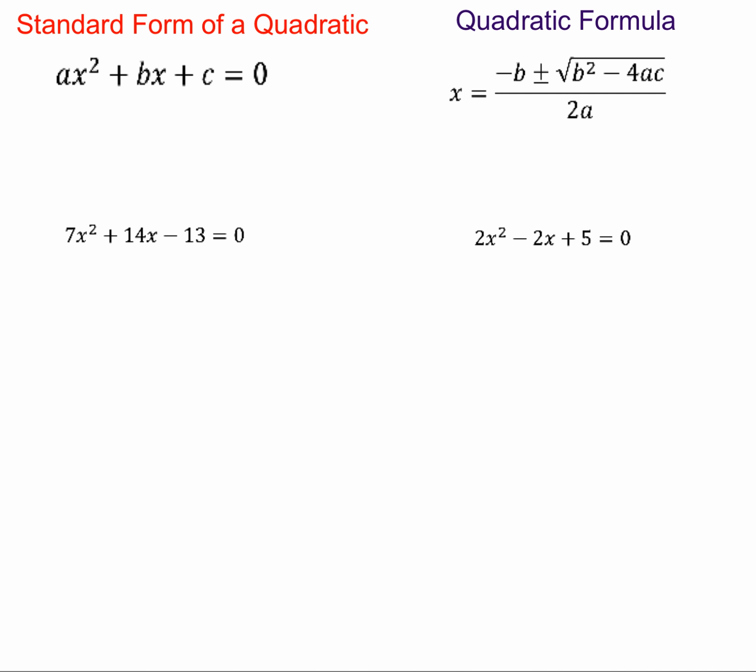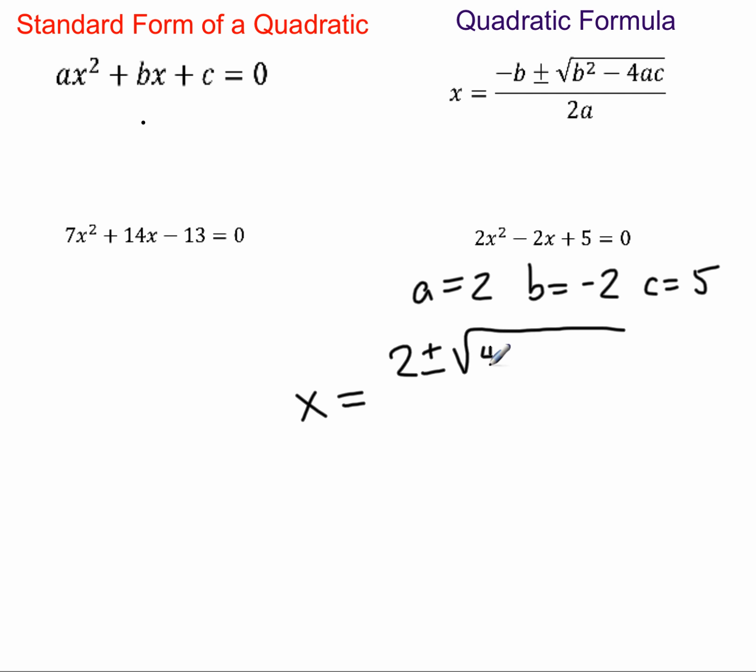Okay, so start first by assigning A, B, and C. We know A is 2, B is negative 2, and C is 5. It's already in standard form, so it's pretty easy in that regard. X equals negative B, which is plus 2 in this case, plus or minus square root b squared minus 4ac